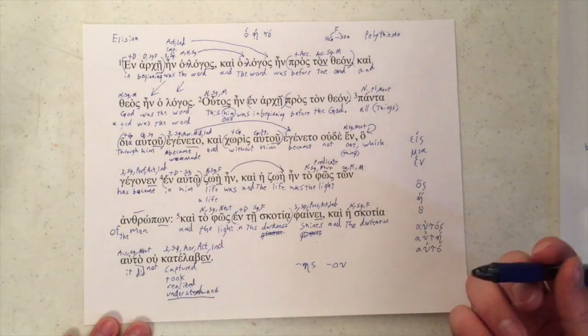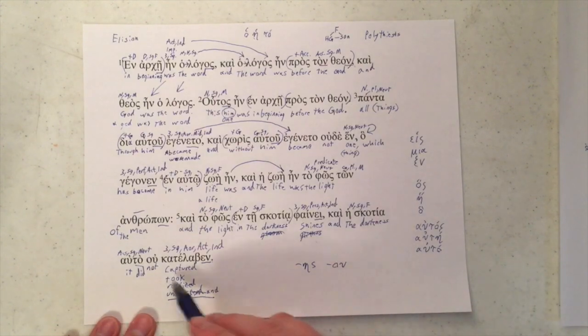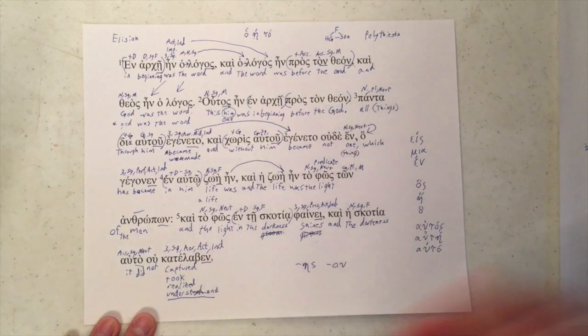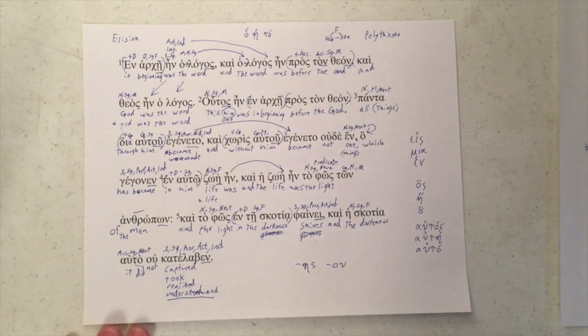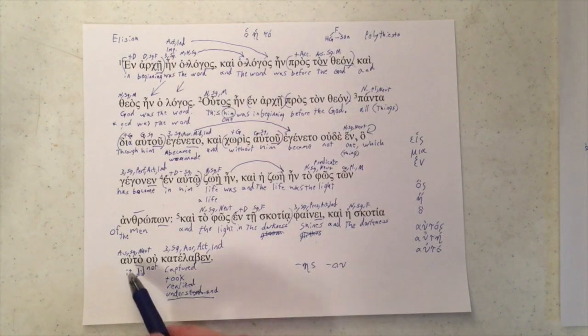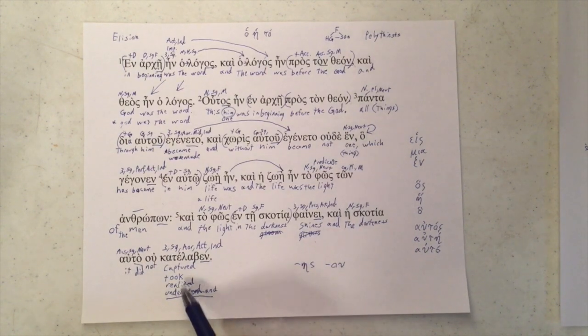And illegitimate totality transference is when a translator finds a word like this, opens up their dictionary and looks and says, oh, hey, this has got a dozen different possible meanings. And then the translator tries to fit all of those meanings into how they translate this specific passage. So if we were to do that with kai he skotia auto ou katelaben, we would have to somehow or other get the darkness to not capture it, not take it, not realize it, and not understand it, all in